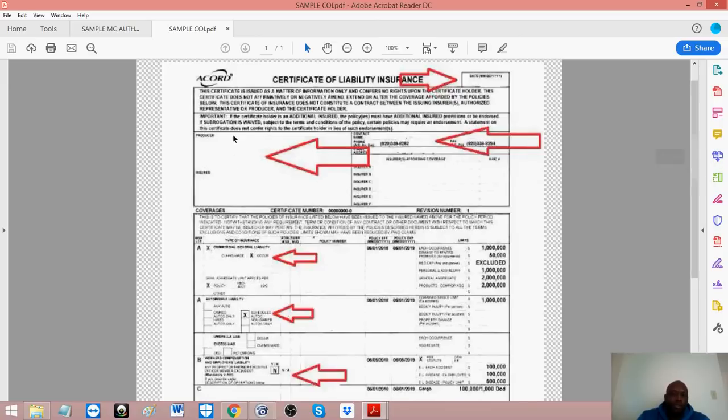So the date of the insurance, the producer is the insurance company. The insured on there is the, and it's kind of blurry, but I'm telling you what it says. The producer is the insurance company. The insured is the trucking company. That's the insured. And then over here is the insurance agent's information, their first and last name, email address, phone,